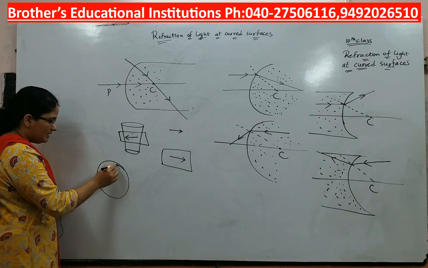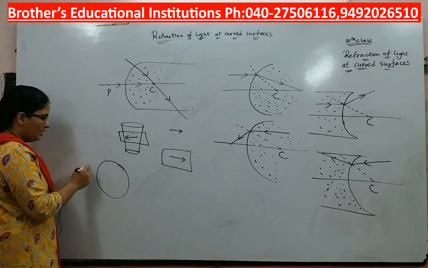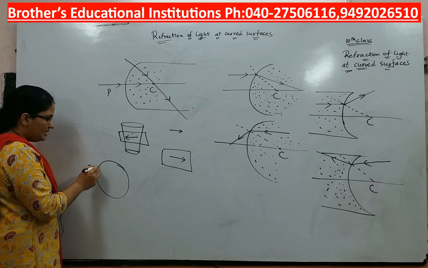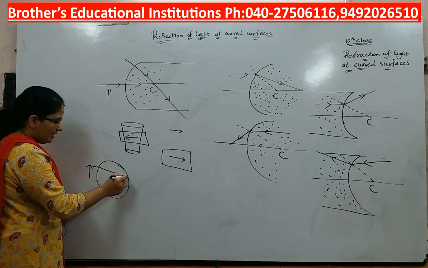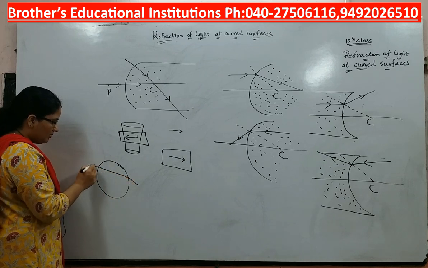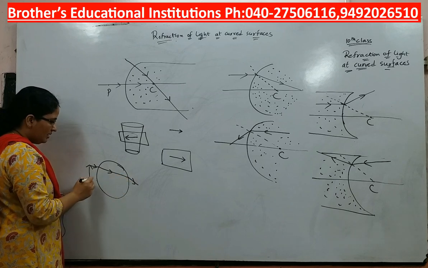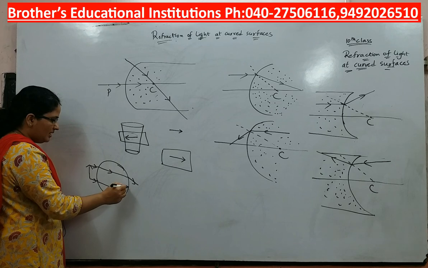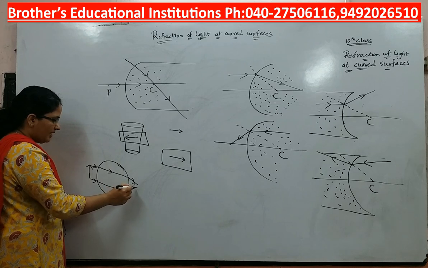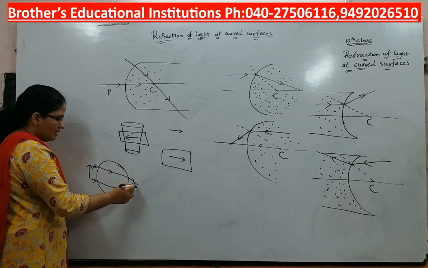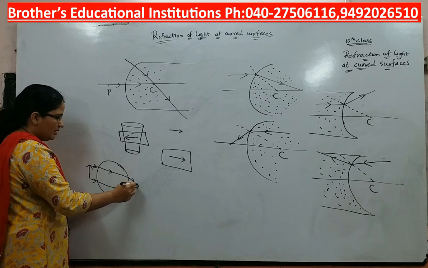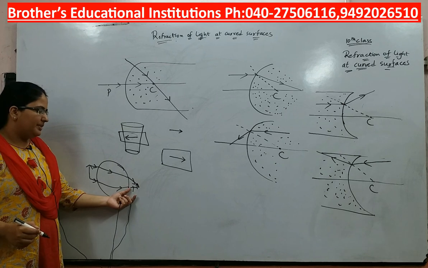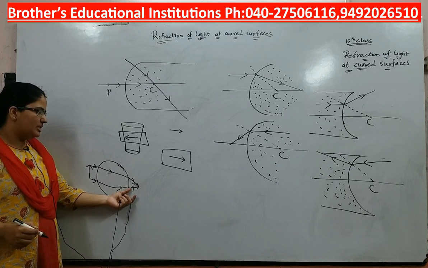This is the top view of the glass. This is the arrow. First, when the light reaches this surface, it gets refracted. Once again it refracts here also, when it reaches the glass surface, it undergoes refraction. Outside it again undergoes refraction. So the size appears to be smaller. Like this way, it appears to be smaller.